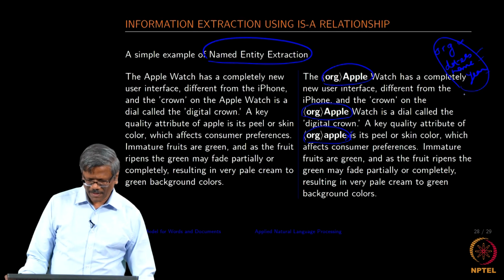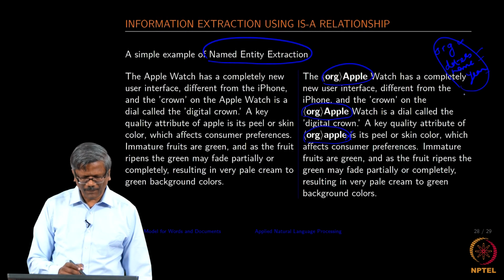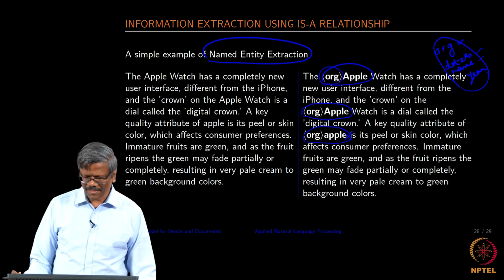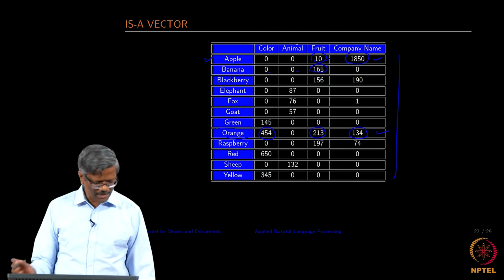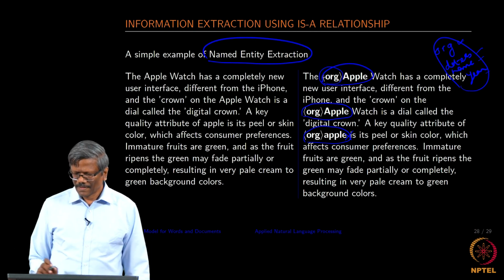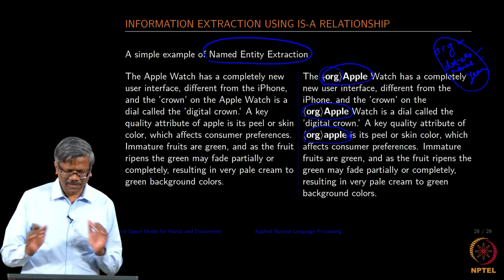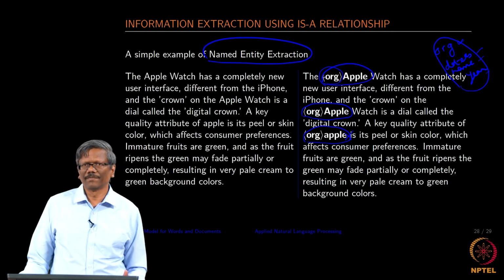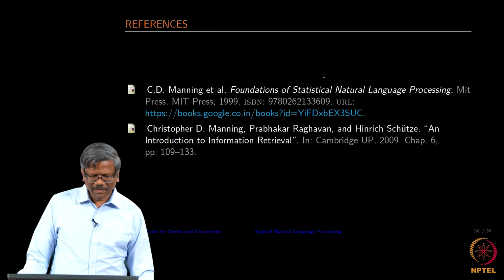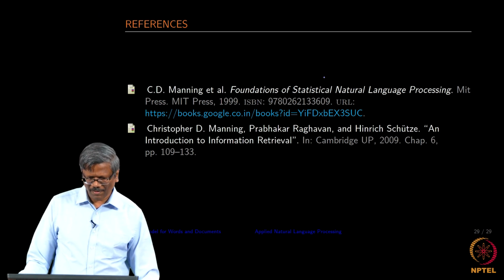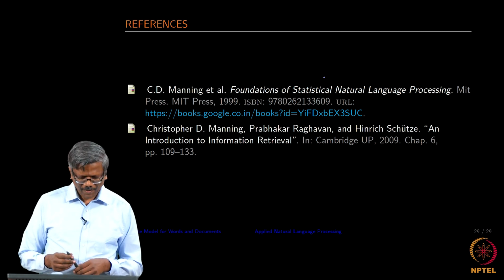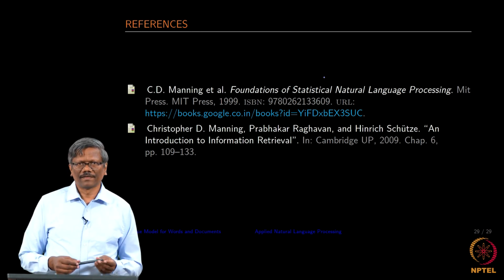So, the purpose of this one is to first mark the documents using these "is a" relationships. So, I will just mark animal if there are animals found, I just write in front of that animal, like this. So, this is one of the use cases: to extract the named entities from the documents. Okay. So, with this I conclude this presentation on word to vectors. I have used these two references for this entire lecture.